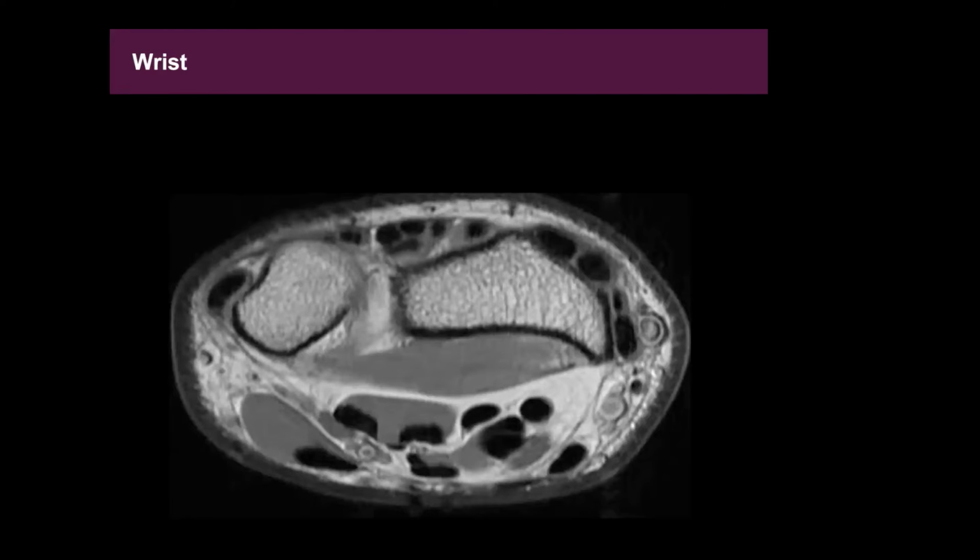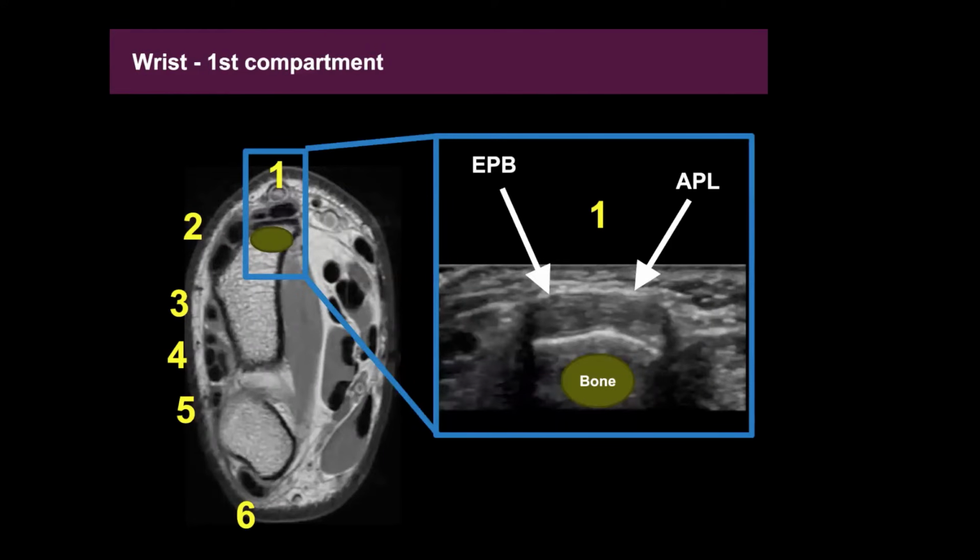So moving down the arm, we could look at things like the wrist. We know that there are 6 wrist extensor compartments, and I'm just going to focus on one today. So we'll put the patient's thumb up and put the probe on the patient's thumb region. In the first extensor compartment, we have 2 tendons, the abductor pollicis longus and the extensor pollicis brevis. And you can see those 2 tendons as discrete structures on top of the bone, denoted by that thin hyperechoic